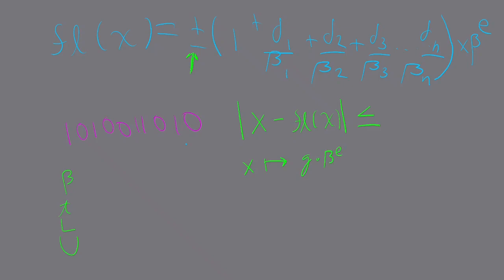And we're just going to say I got the sign right and everything, and we're going to kind of ignore the g part because it's not super important. This value is always going to be less than 1/2 times your base to the 1 minus precision times this beta to the e. So the scaling factor, that's what I'm going to call it, can really cause some issues for you if you can't see yet. So then what we do